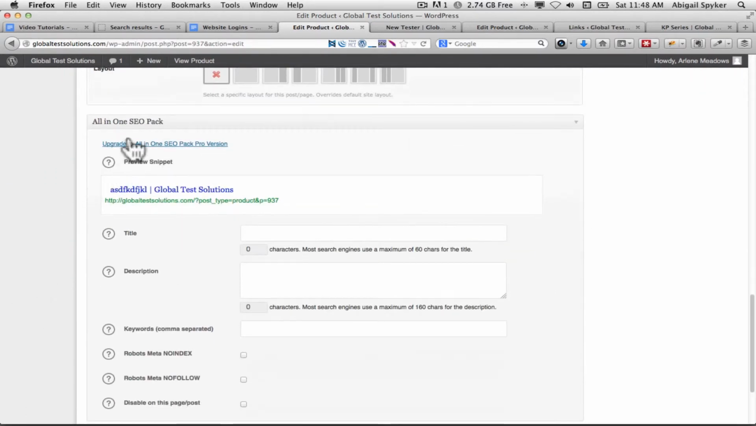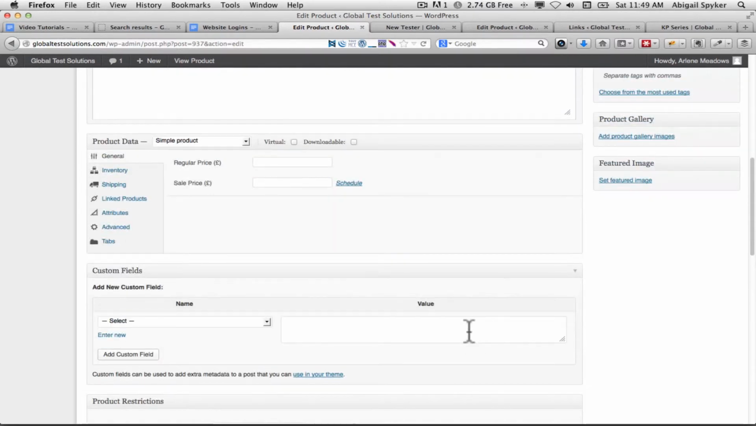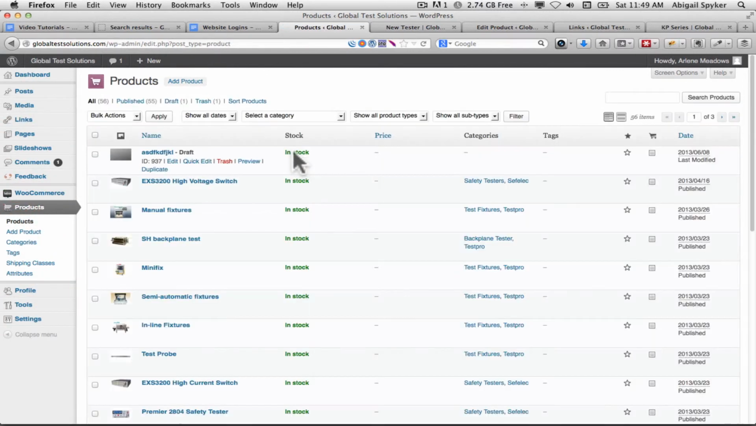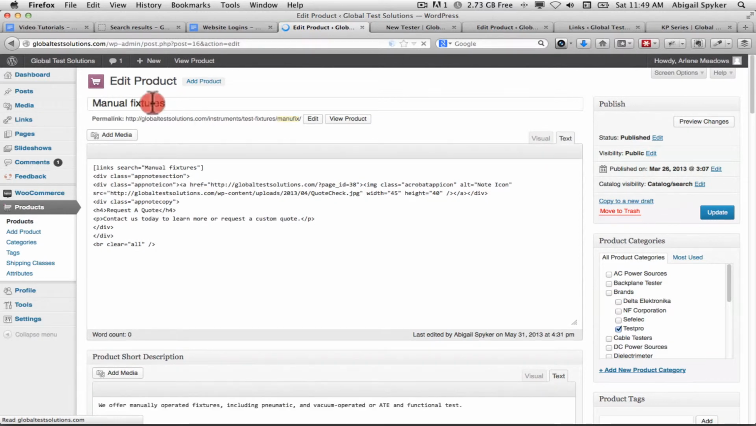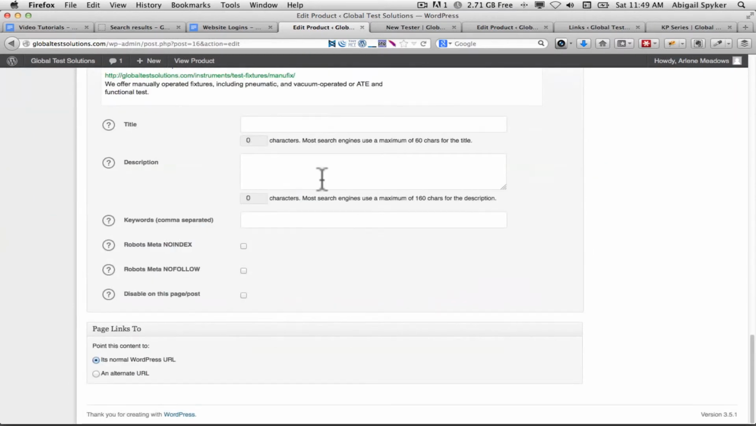But down here, if you scroll down, you'll see All in One SEO Pack, and here I can give it its own name, I could give it keywords. It might be easier if I start from a real product. Manual fixtures. So I'll probably take the name, oh, and the brand, Test Pro. Actually, I think it might already be pulling the brand as a keyword, but it won't hurt to have it here. Test Pro, manual fixtures,